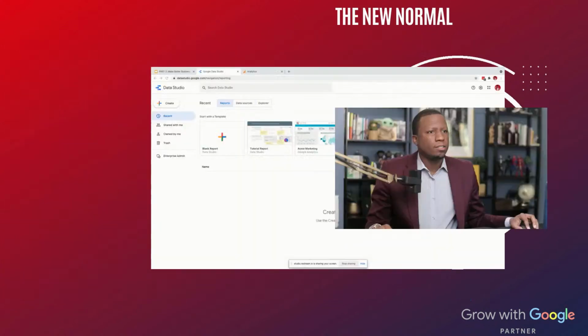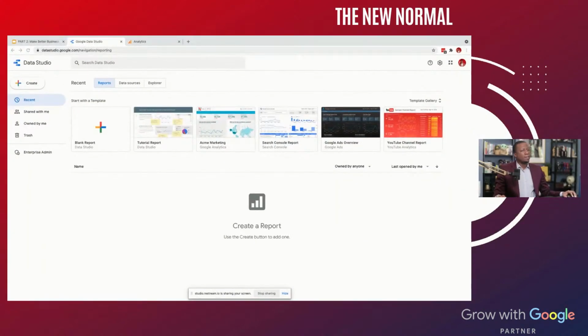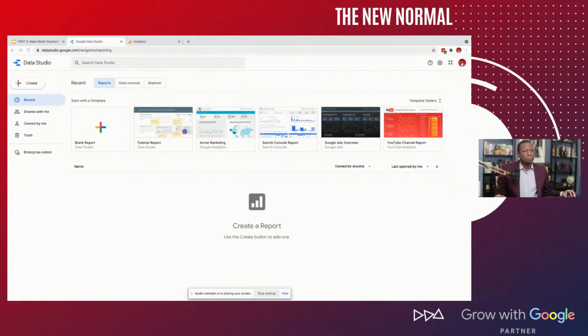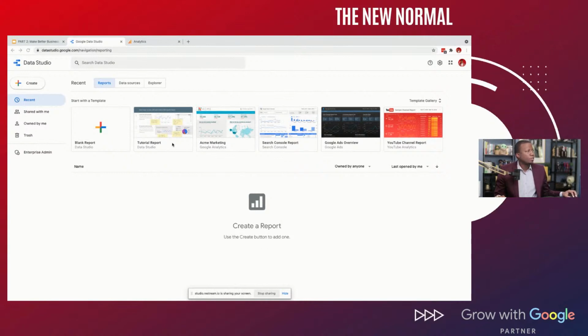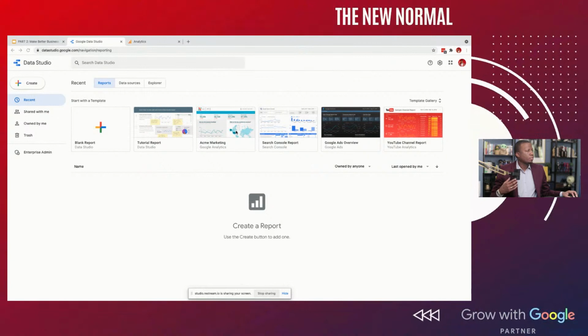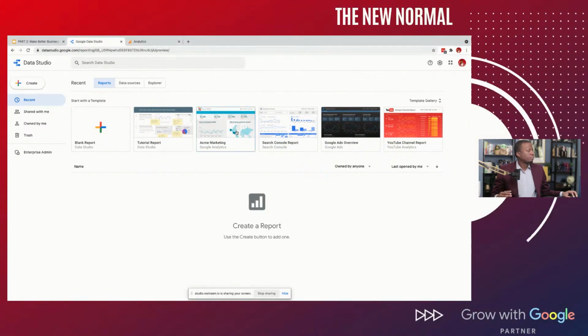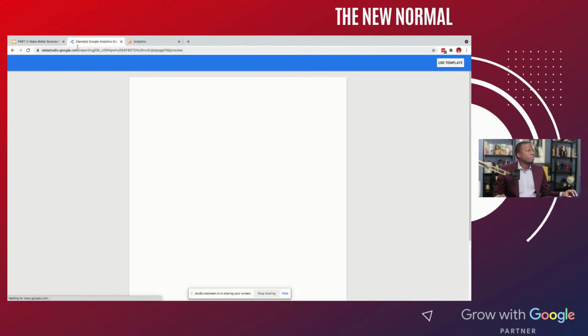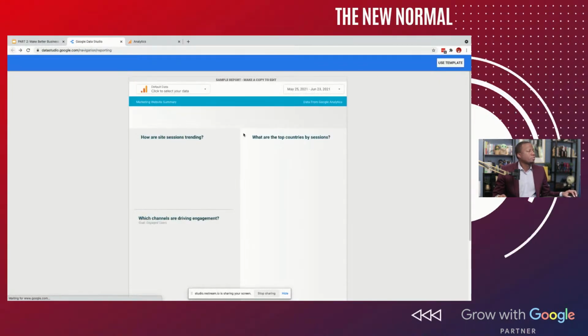And Data Studio is great because it allows you to create faster reports that are a little easier to understand than going through analytics. So once you sign up for an account, this is of course a dummy account, but it gives you an idea what's going on. So I'll show you a sample report. Let's click on this report right here. Well, let's go back. Let's try this one instead.